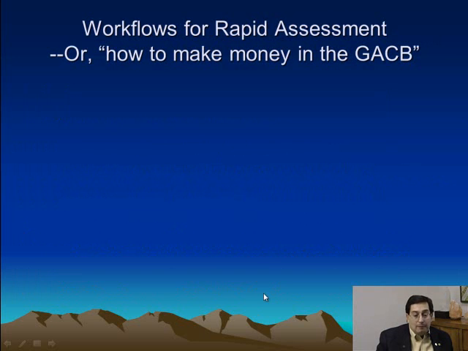I'd like to show my final slide. I had an opportunity to visit with some colleagues about the oil and gas opportunities in Cambro-Ordovician reservoirs, and one of the things we thought about was what are some of the workflows that a person can use if they're trying to assess the potential prospectivity of a prospect or of an area. What are the things that if you quickly did them, you get a very good sense of the potential? And I subtitled this here, How to Make Money in the Great American Carbonate Bank.